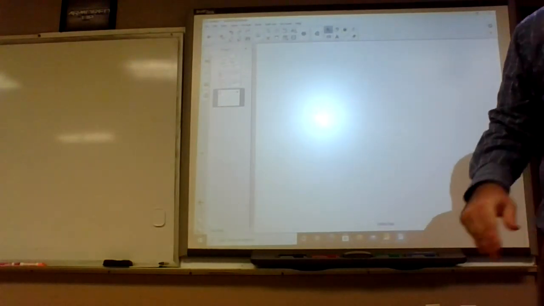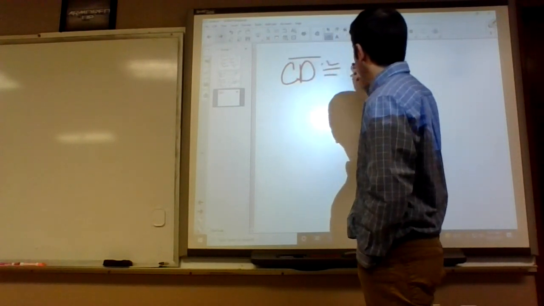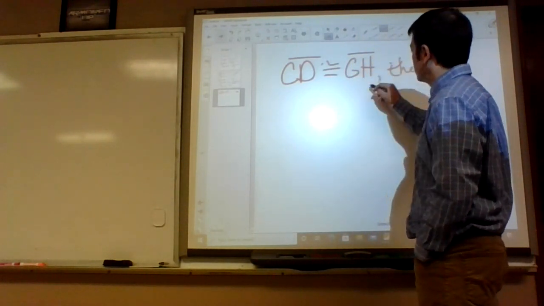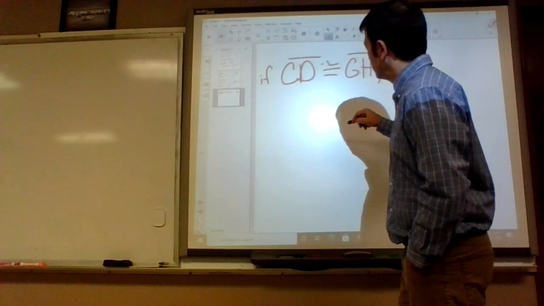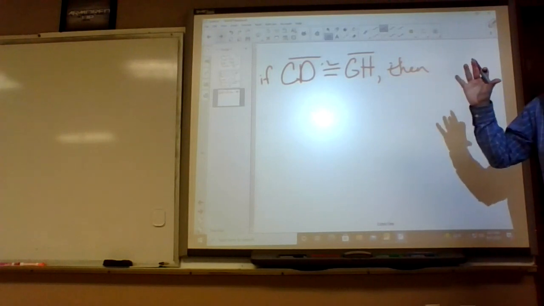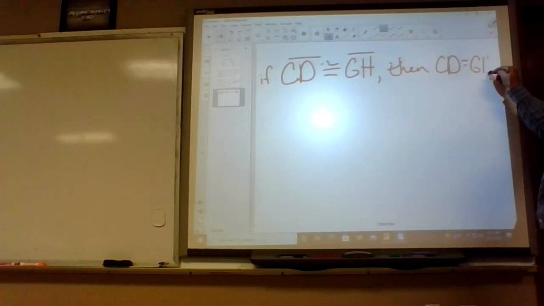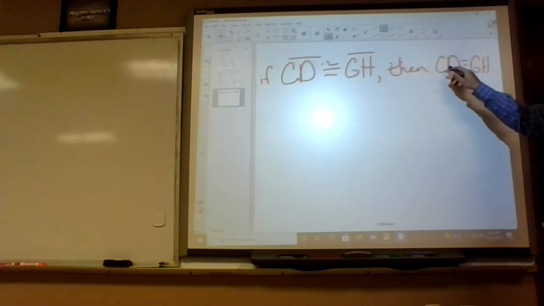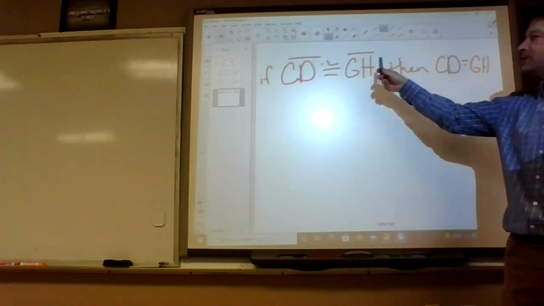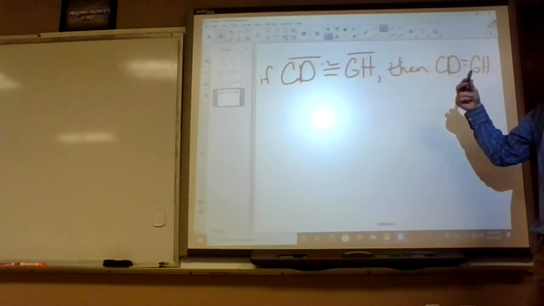It says if segment CD is congruent to segment GH, what does that mean, by the way? Like, they're similar. What does congruent mean? Same length. Yeah, if they're congruent segments, they have to be the same length. Remember, if you don't put a symbol on top, you're talking about the length of the segment from C to D, like these represent numbers. This represents things.